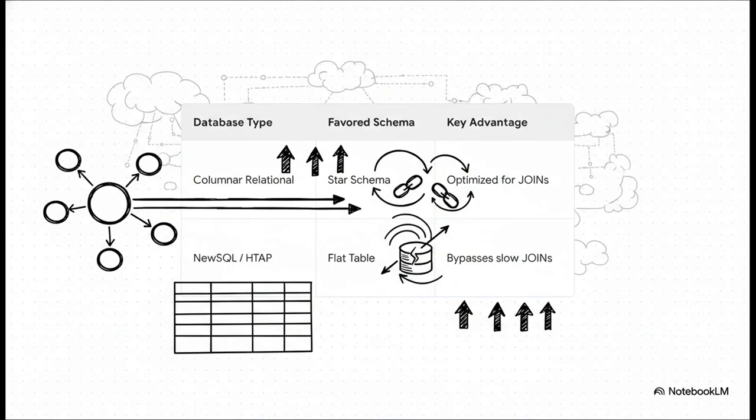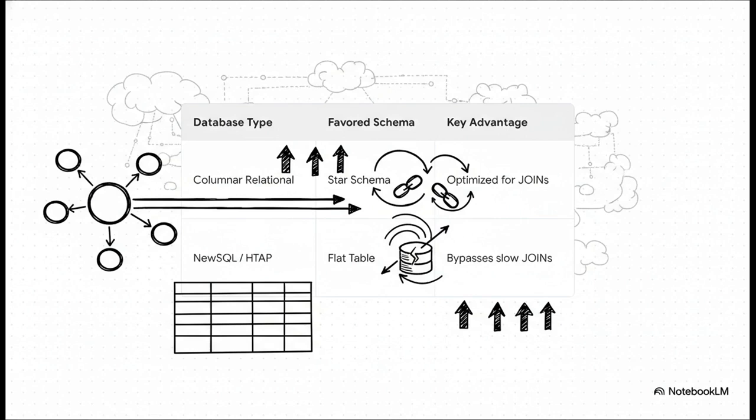A performance analysis published in the journal MDPI found something fascinating. They tested both schemas on different kinds of cloud databases. The more traditional columnar databases, like Amazon Redshift, which are built to be amazing at joins, still perform best with a star schema. But the newer hybrid systems, the ones called NewSQL or HTAP, actually performed way better with